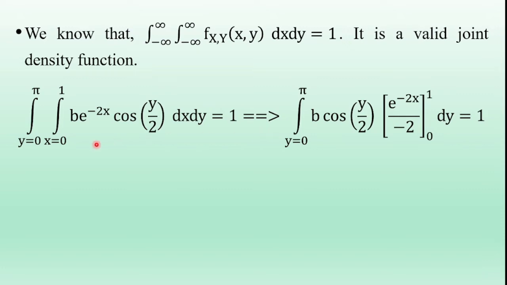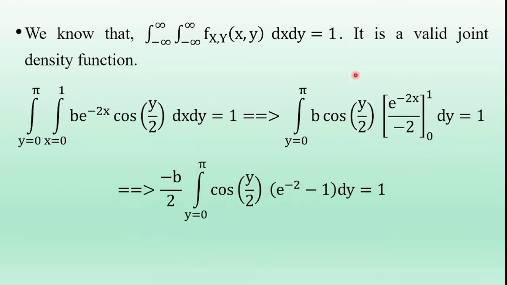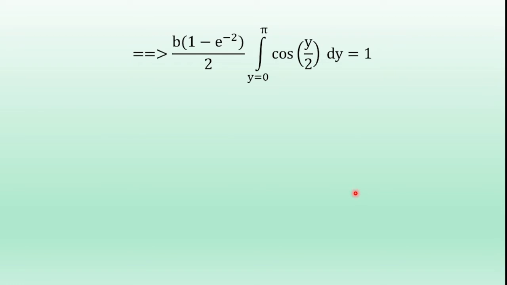So first integrating with respect to x, integral e power minus 2x dx is e power minus 2x by minus 2 over 0 to 1, and substituting the upper value of x and lower value of x, we have minus b by 2 integral 0 to pi cos of y by 2. Substituting upper value of x and lower value of x, e power minus 2 minus e power minus 0. E power minus 0 value is 1. So that is equal to b into 1 minus e power minus 2 by 2 integral 0 to pi cos of y by 2 dy